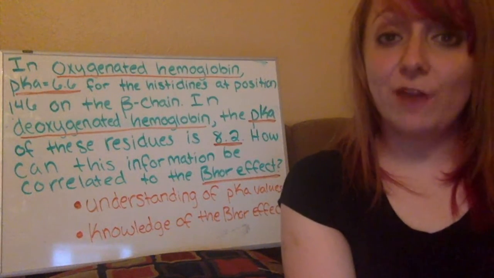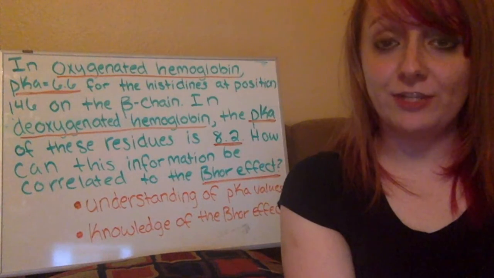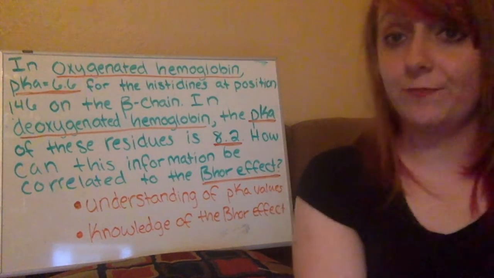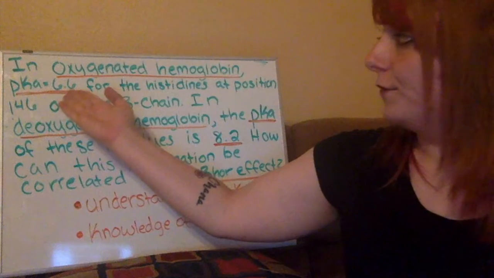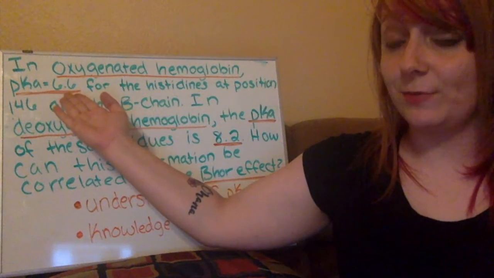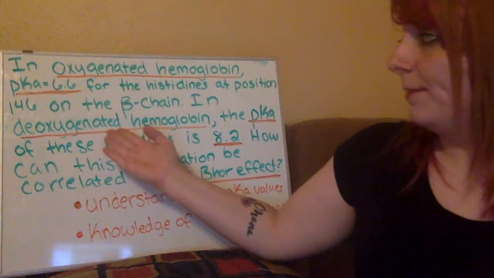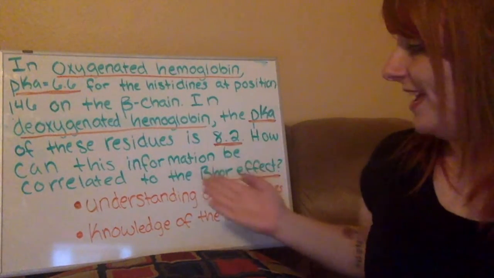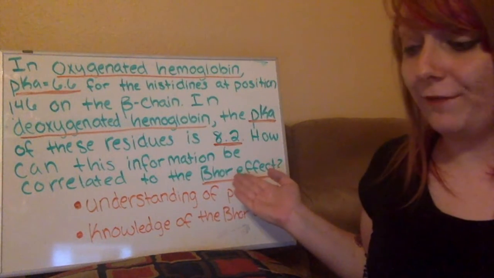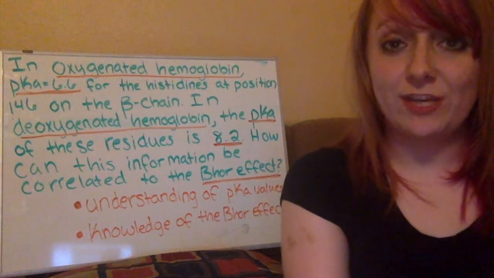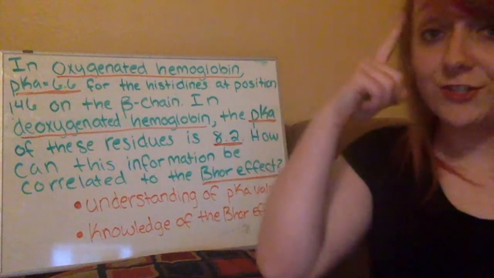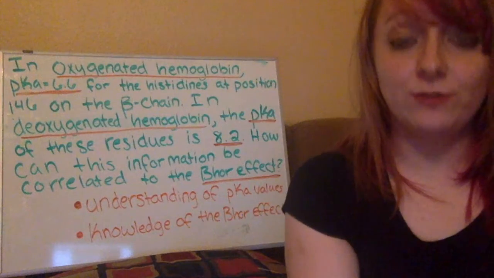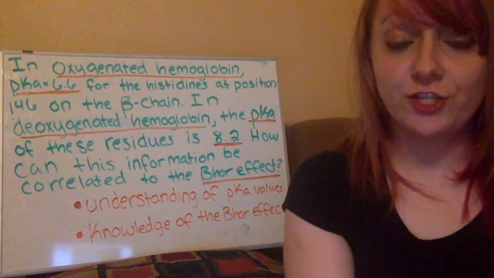As you can see, I've underlined some of the important information that we will need to answer this question. First, you have the pKa value for oxygenated hemoglobin is 6.6. Then, the pKa value for deoxygenated hemoglobin is 8.2. And lastly, I've underlined the Bohr effect. So to answer this question, you need 1, an understanding of pKa values, and 2, a knowledge of the Bohr